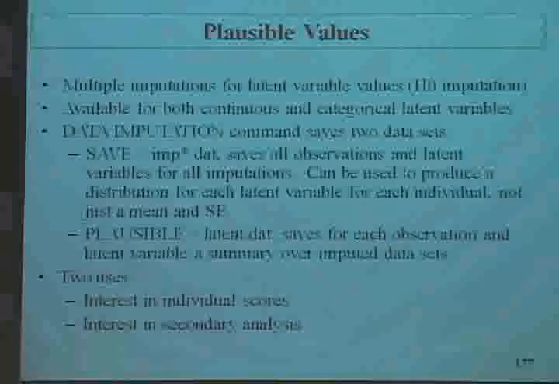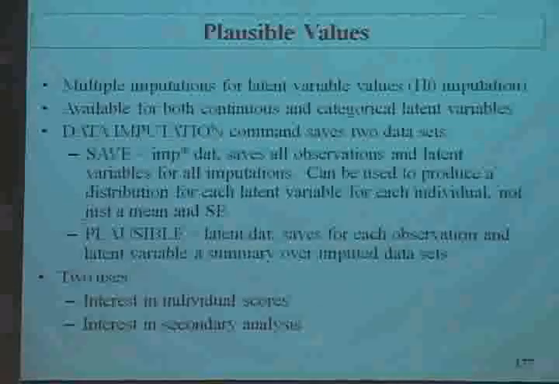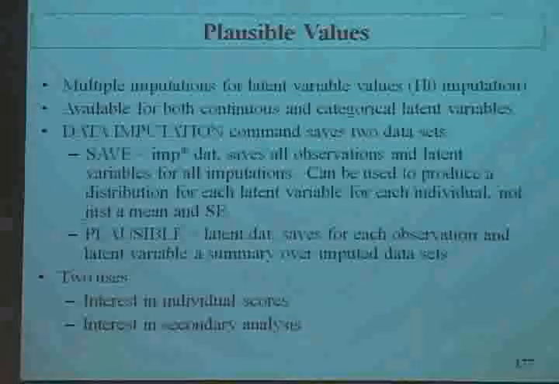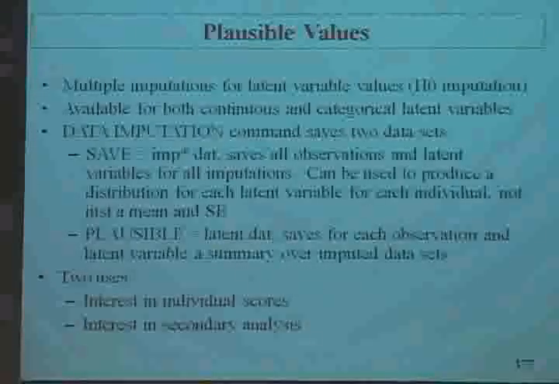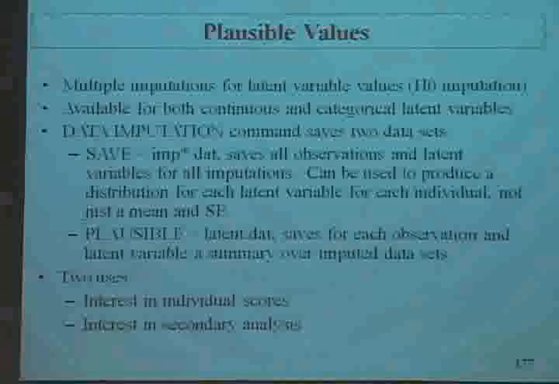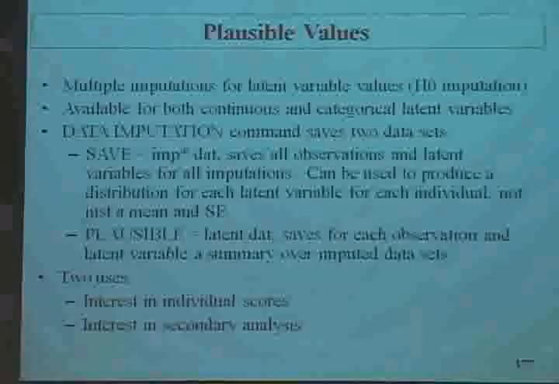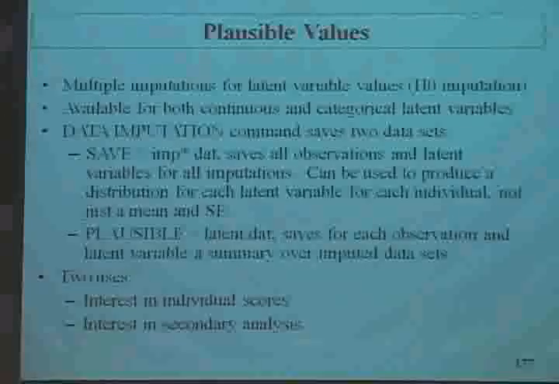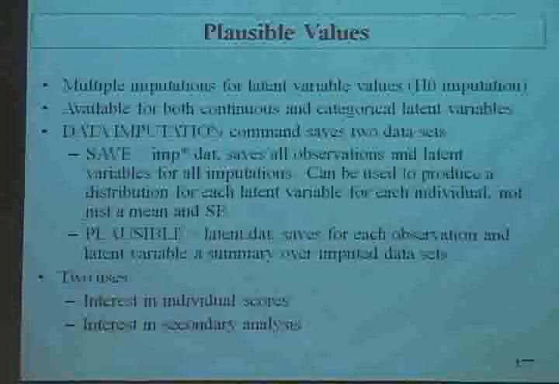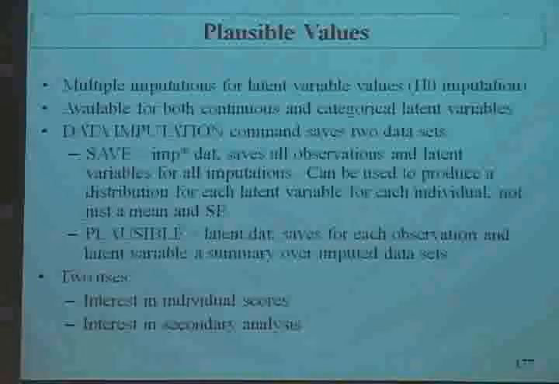Multiple imputation always works very well with just 5 imputations. Generally speaking, if you want to impute data, you don't need more than 5 imputed data sets. Very rarely have we seen cases where you need more than 5